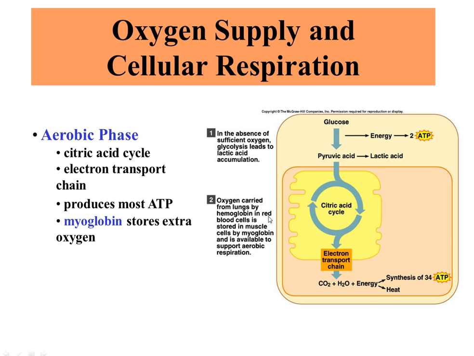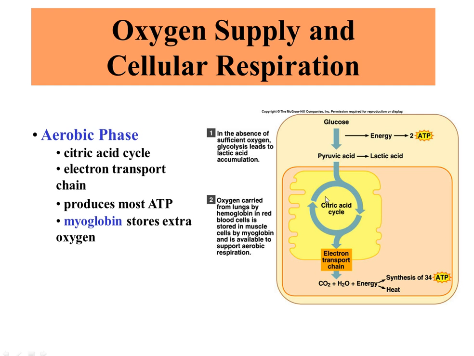Oxygen is carried from the lungs by the hemoglobin in red blood cells, and it's stored in the muscle. The cells of the myoglobin provide the oxygen and it is available to support aerobic respiration. The hemoglobin is the red part of the blood cells. Heme, iron, gives it the red appearance. Myoglobin is what makes muscles that dark brown or dark reddish brown color. Myoglobin holds oxygen just like hemoglobin on a red blood cell. But anyway,